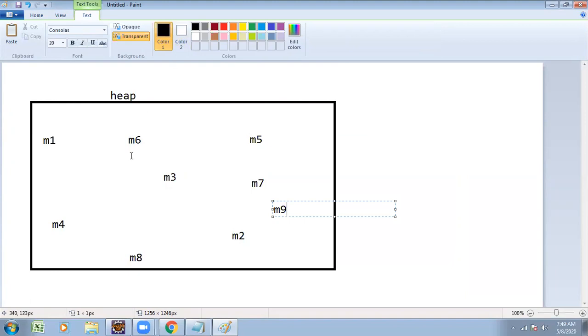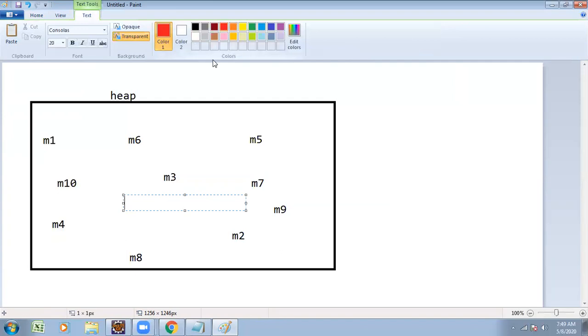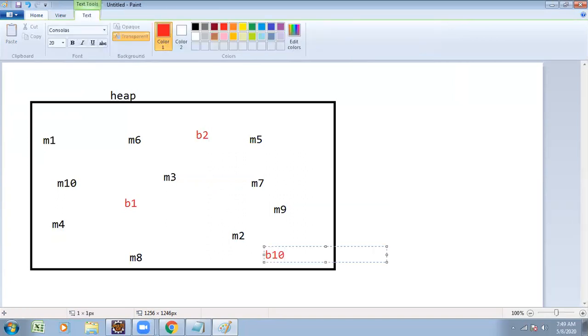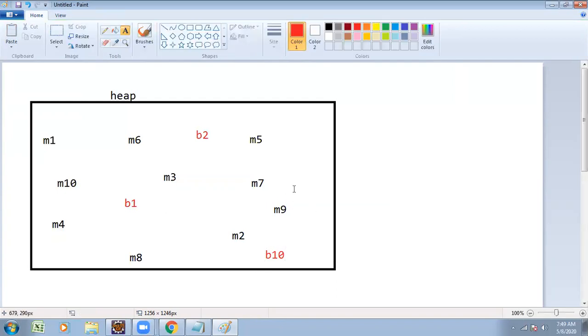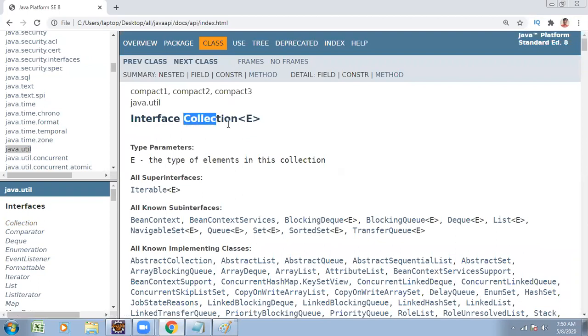Here I created 10 objects, and they are stored in different memory address locations. When they are stored in different memory address locations, retrieval of the data is complex. Not only the Mobile class, suppose I created one more class, the Bike class, with bike objects B1, B2, up to n objects. If the objects are stored in a randomized manner, retrieval is complex. To overcome this problem, one concept was introduced, called the collection concept.